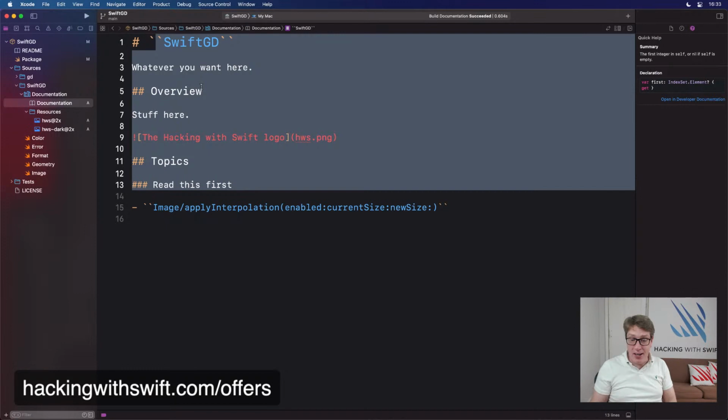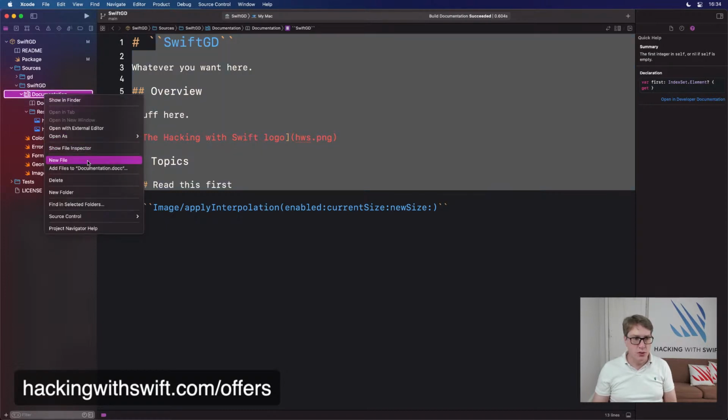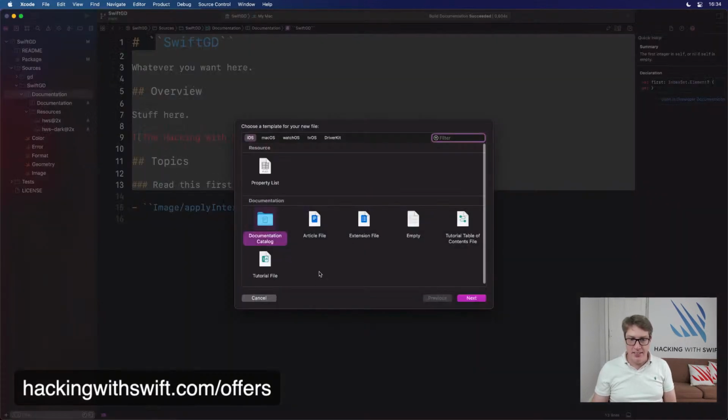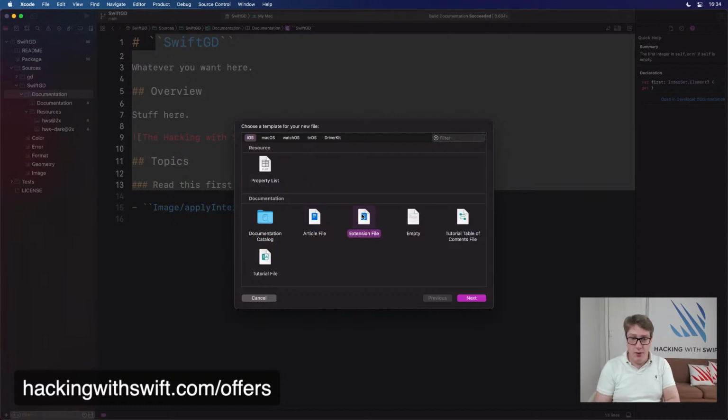Anyway, articles. Yes, we have one already. We've got the SwiftGD thing already here, and that's our sort of starting point for our whole documentation point. And you can add more, right? You want to go ahead and right-click on documentation, the first one, and choose add a new file here somewhere, and it'll ask you what you want to add. And there are a few options, and from this point, I want to cover either article or extension, and